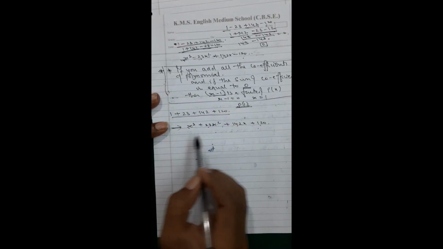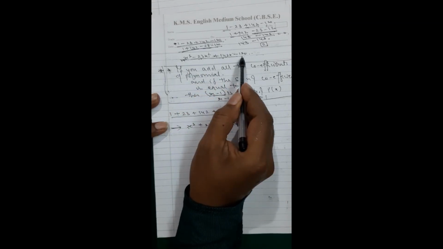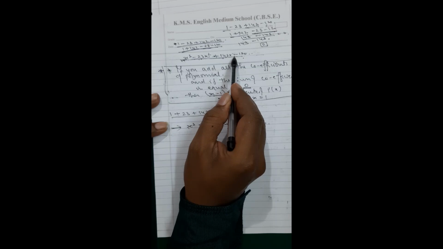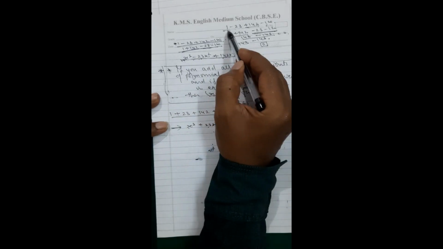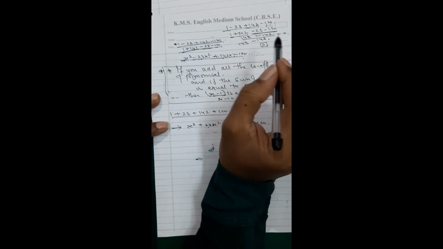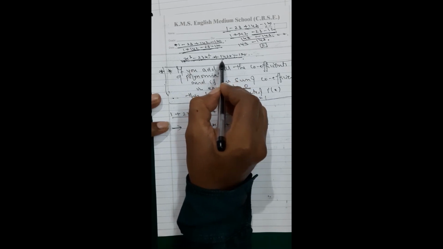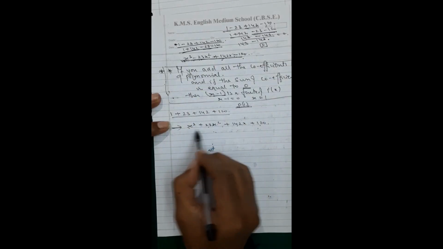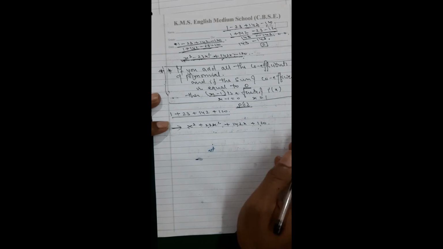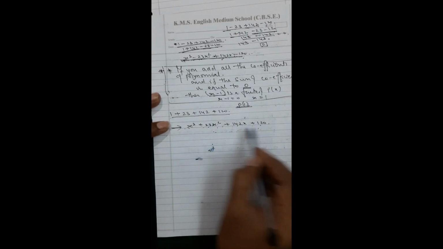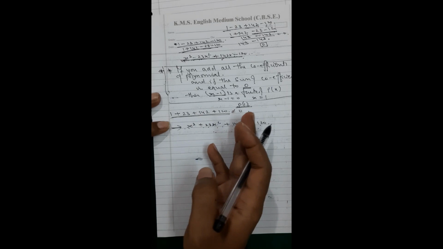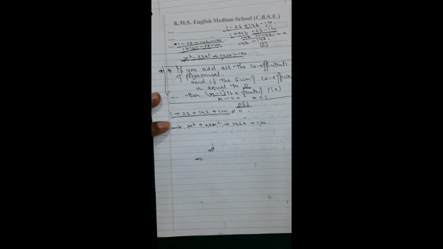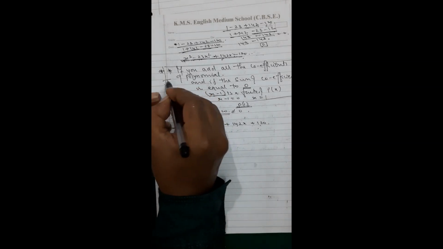Now for this polynomial, I have changed the question. This was the initial question, and at that time the signs were different. When these signs were there, I took the coefficients, added them, and got the value 0. So x minus 1 is a factor of this polynomial. It is right. But if the signs were like this and you add the coefficients, then this is definitely not going to be equal to 0, because they are all getting added. This is going to be more than 260, nowhere close to 0.